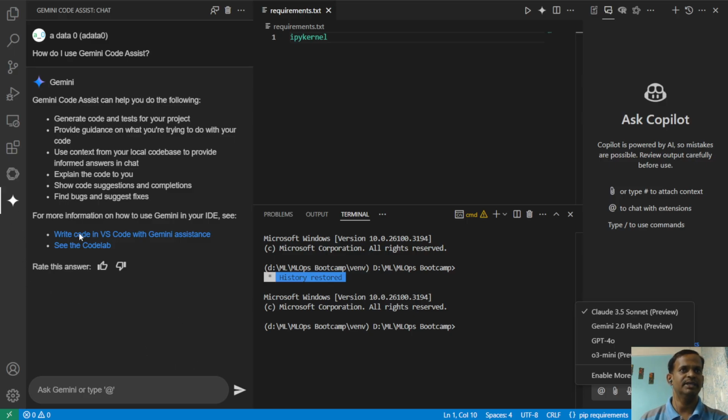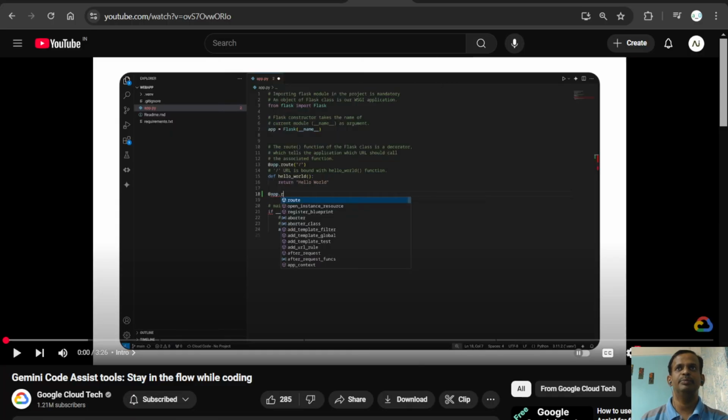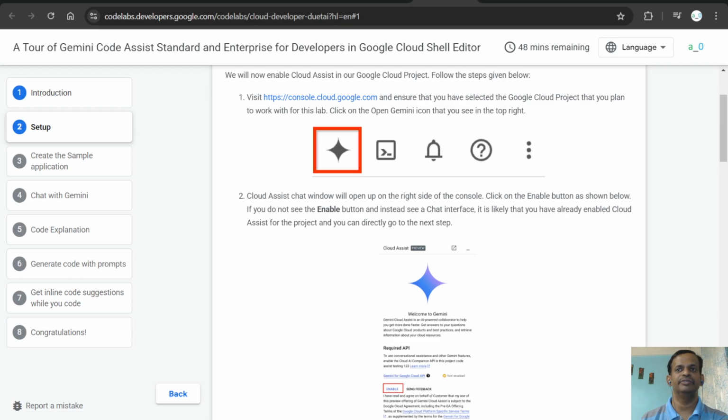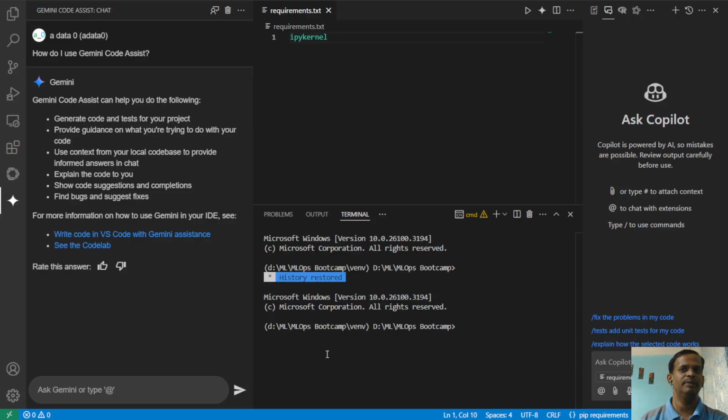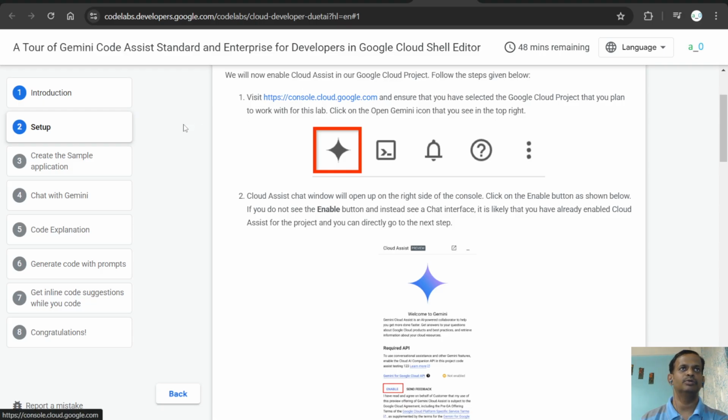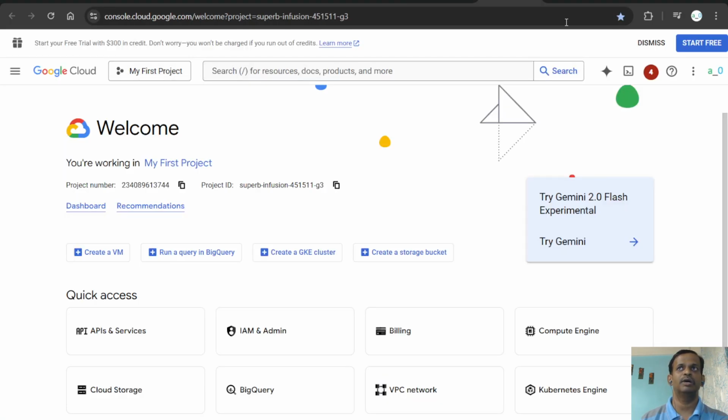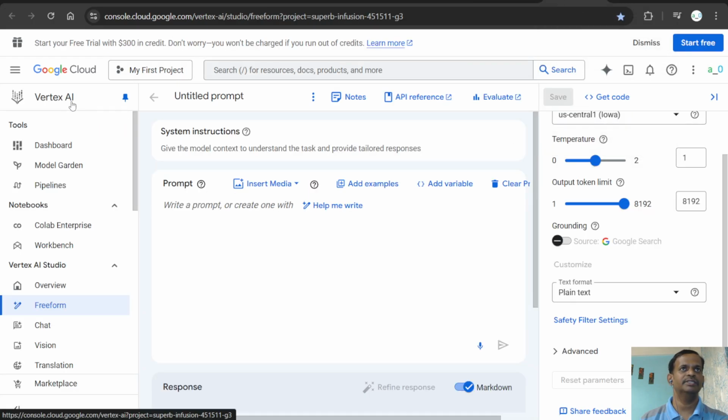With this we can see that you can also integrate Gemini in an IDE. For that there is a separate Code Lab, and when I clicked on this Code Lab, it took me here. From this I went to Google Cloud, and from that I reached Vertex AI. We can see here that they are offering around $300 in credit, so it's much more than